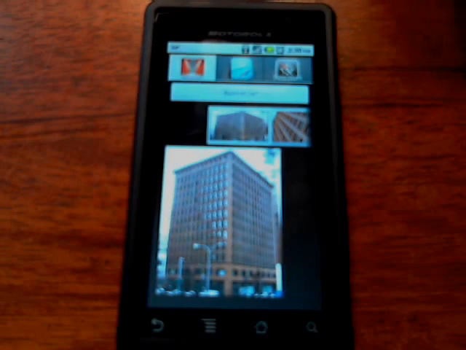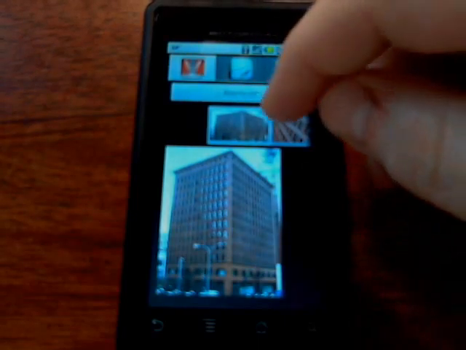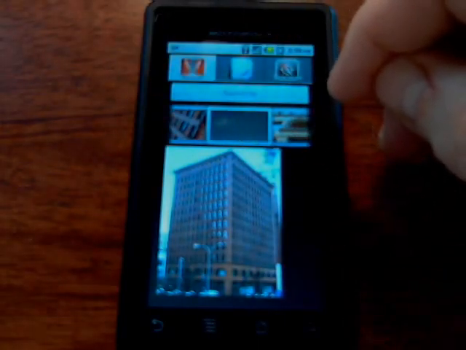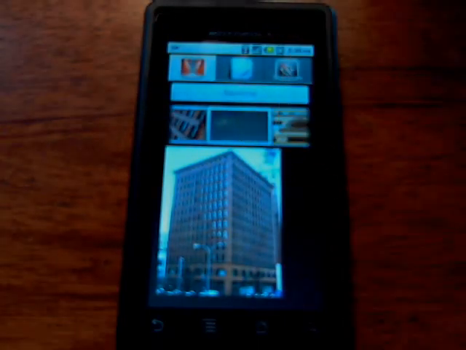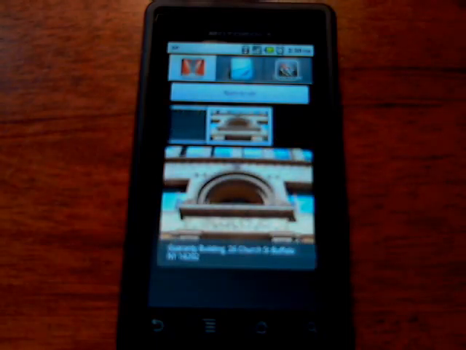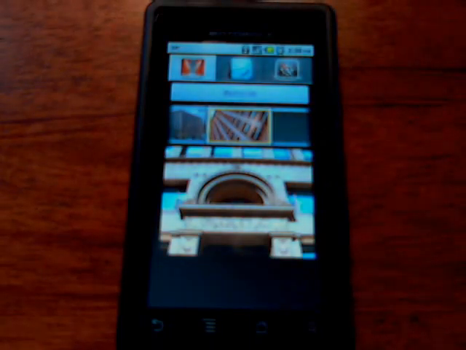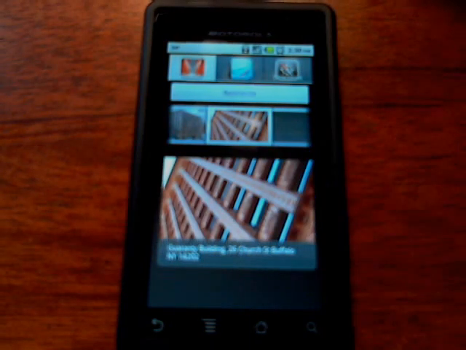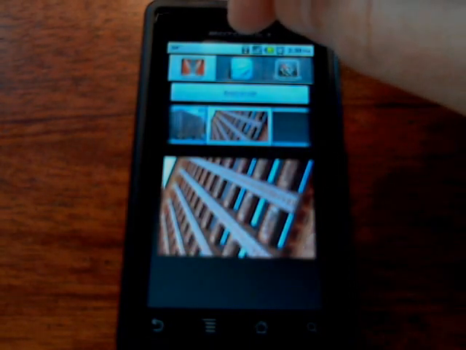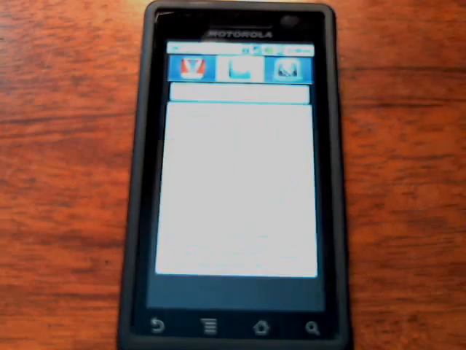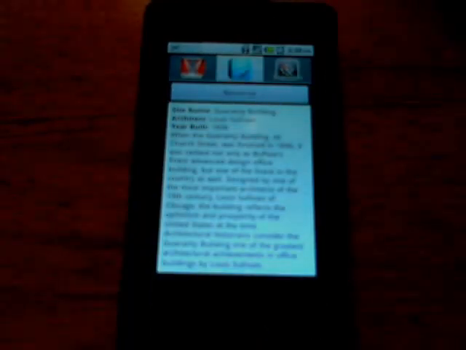show a general picture of the building. And if you notice along the top, you can include a library of other images that the user can scroll through and click on to get different perspectives of the building. Up top there's a note icon which the user can click on. They can get the name of the building, the architect, the year built, and of course more detailed descriptions of